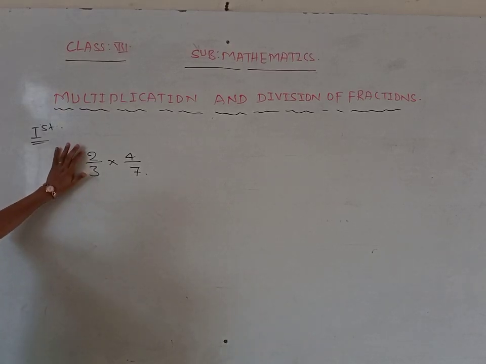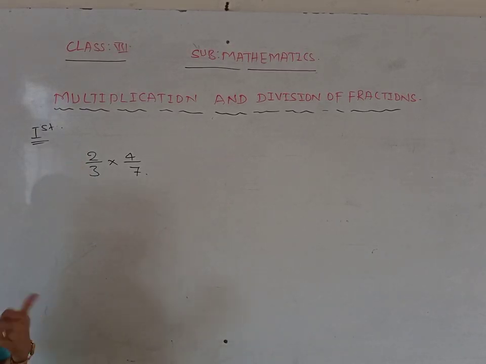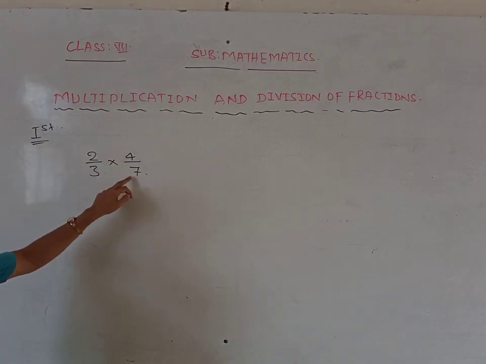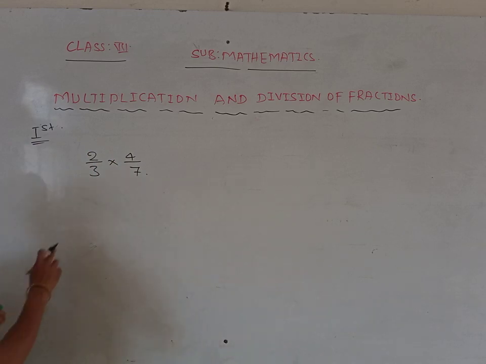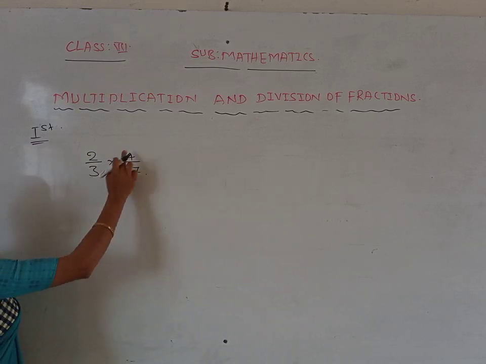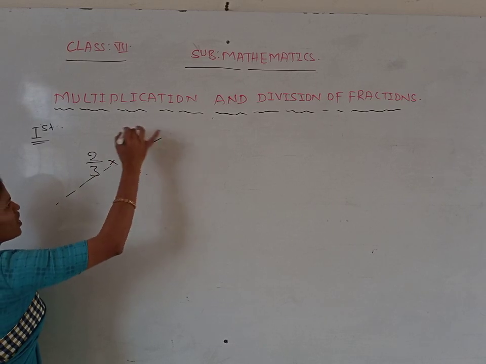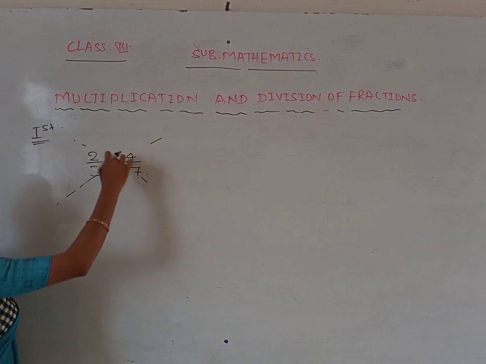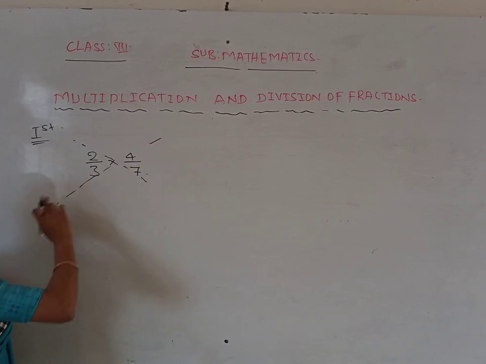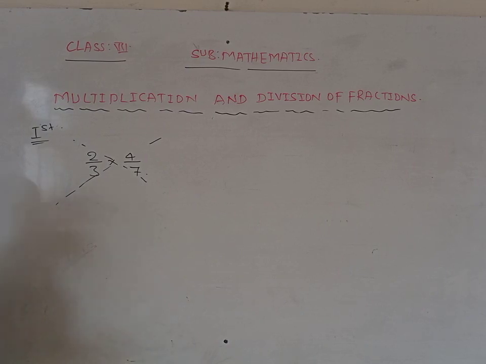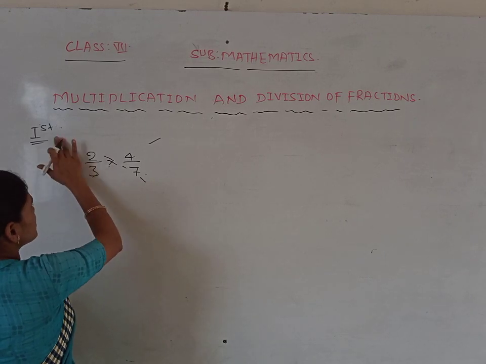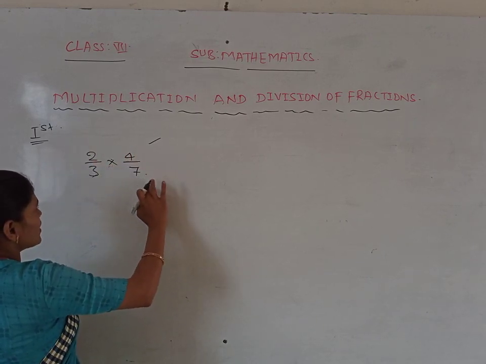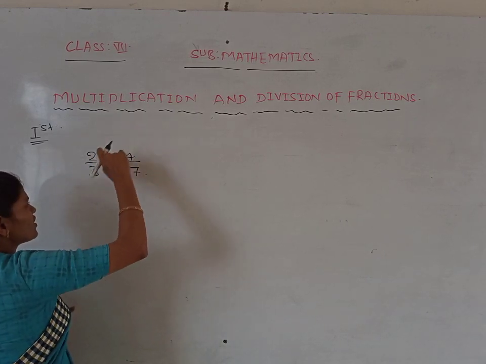Is there any common factor between 2 and 3 here? No. 4 and 7 here? No. Then after observing these two, just cross check. Is there any common factor in a cross direction, meaning its numerator and its denominator, its numerator and its denominator? Even now there is no common factor, so we have to directly multiply the numerator by numerator, denominator